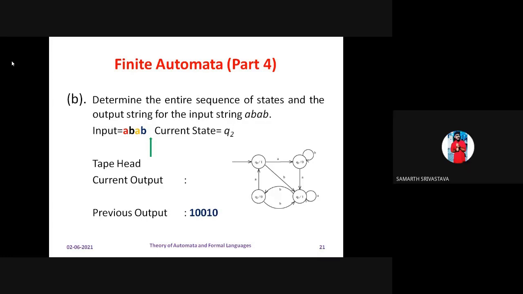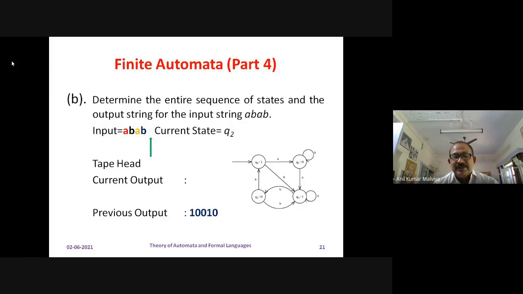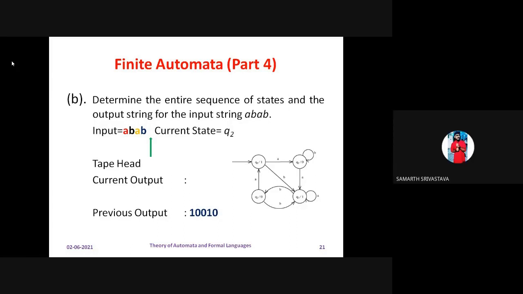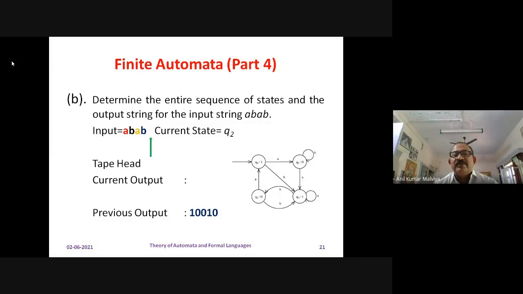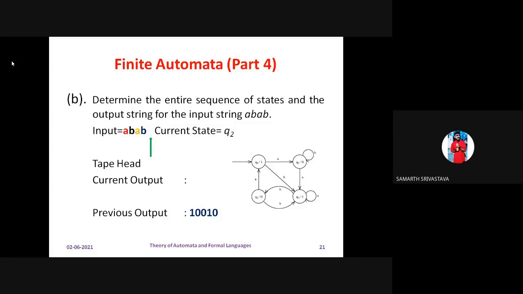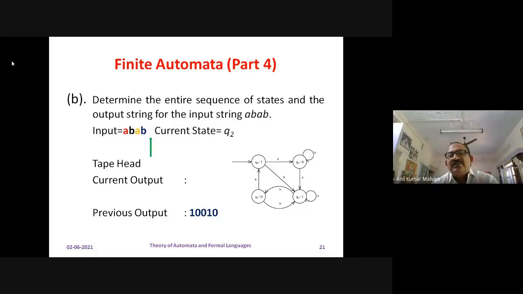Is it clear or not? Yes, tell me. Sir, the input is 4 symbols... AB, the output is 5 symbols, 10010. Yes, this is right. The last output, sir, because as the machine starts, the instruction given to the machine is to print 1 at this point. Where the machine starts, it is written to display 1 on the screen, so the machine will display 1.